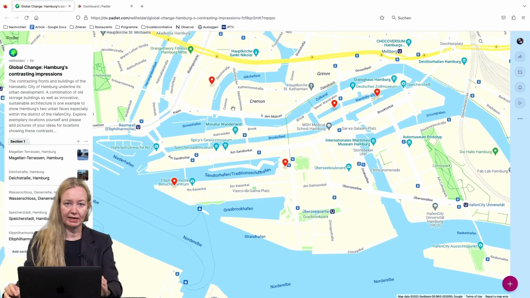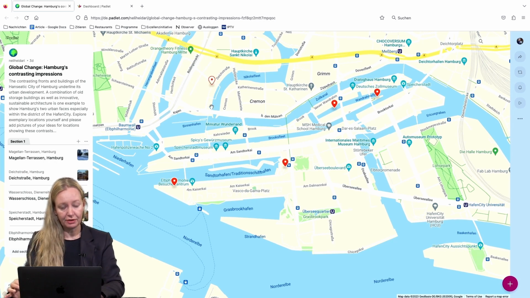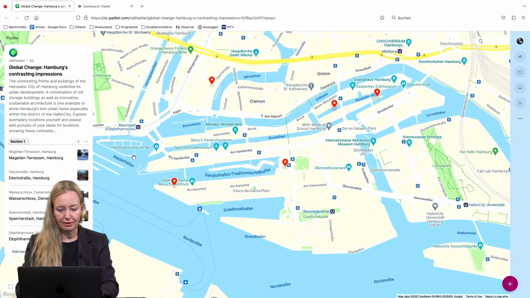And this is how Padlet is working. You will pin different locations with that red needle. You can also later change the color, but for the moment it's just to explain how this is working. And this is already prepared with 5 different locations. So in general, you have the whole map with those needles, and also on the left-hand side, you have the explanations about the different spots.